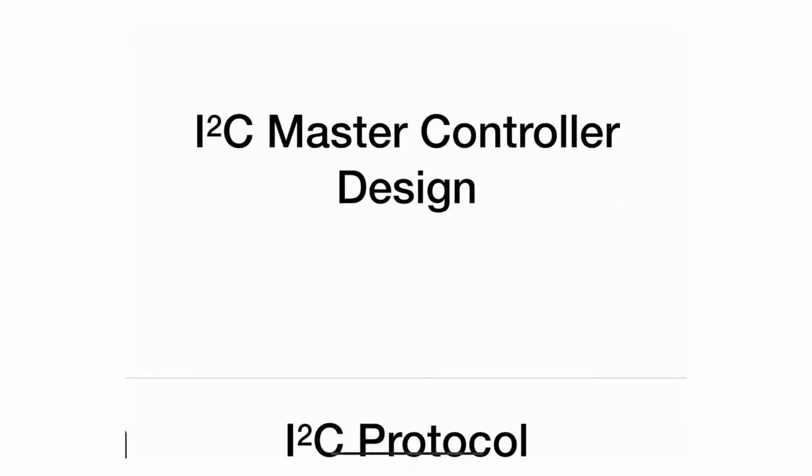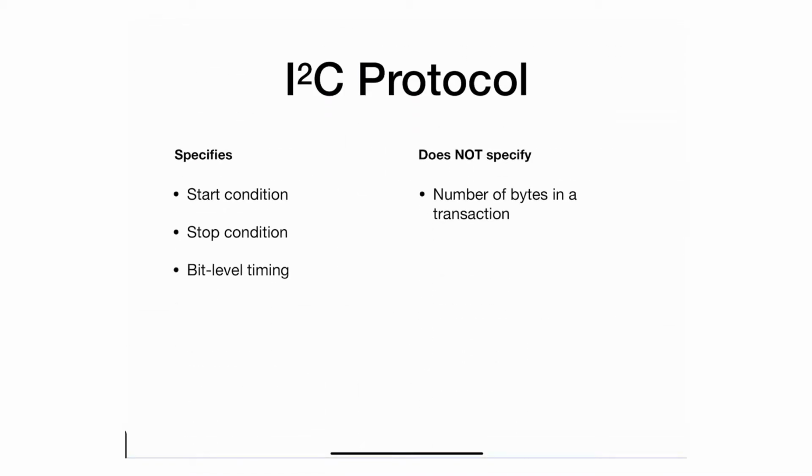We now move into designing and implementing an I2C master controller. But before I jump into the design and implementation, I just want to re-emphasize what the protocol actually specifies and what it does not specify. So we know that the protocol specifies how a start condition should look, how a stop condition should look